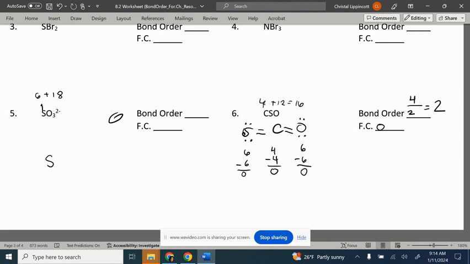And then this is a polyatomic ion. So it's going to have 2 more electrons added in there. So that gives me a total of 26 electrons that I'm working with for number 5. Okay. I'm going to go around and I'm going to put my oxygens out here. And I'm going to start